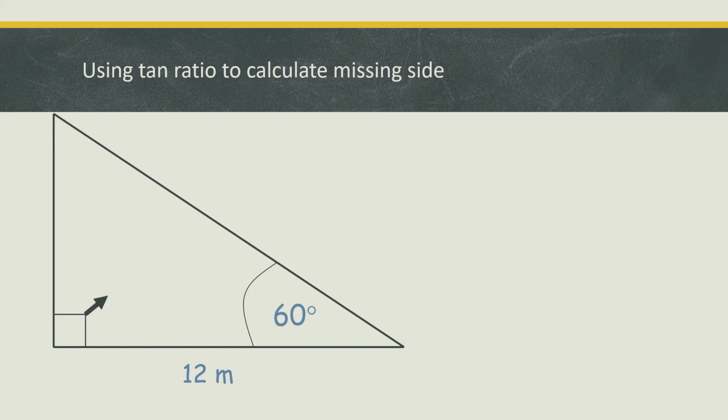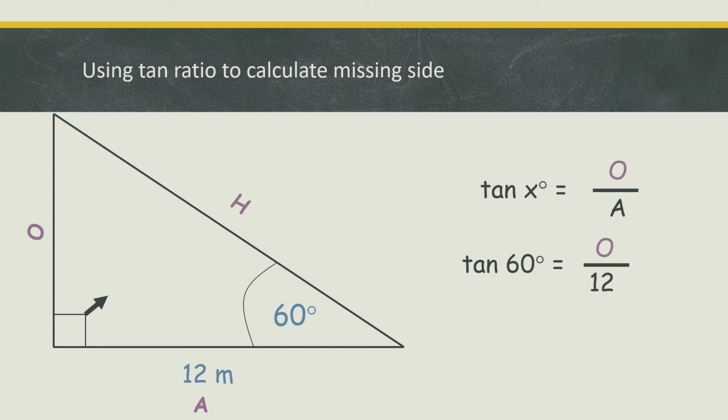Now, in our triangle, we know that the side opposite the right angle is known as the hypotenuse. And we know that the side opposite our 60-degree angle is known as the opposite. And we know that the 12-meter side is known as our adjacent side. And if we're using the tan ratio, we know that tan x equals opposite over adjacent. So we're going to substitute in the values that we know. We know our angle x, so we can say that tan 60 equals the missing side we're trying to find, our opposite side, divided by 12, which